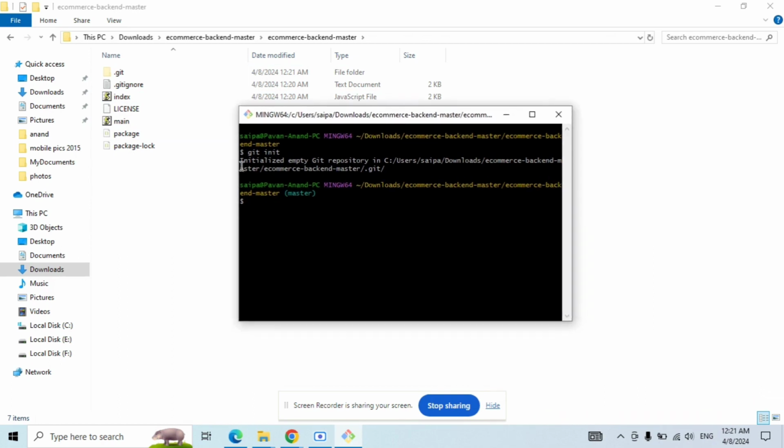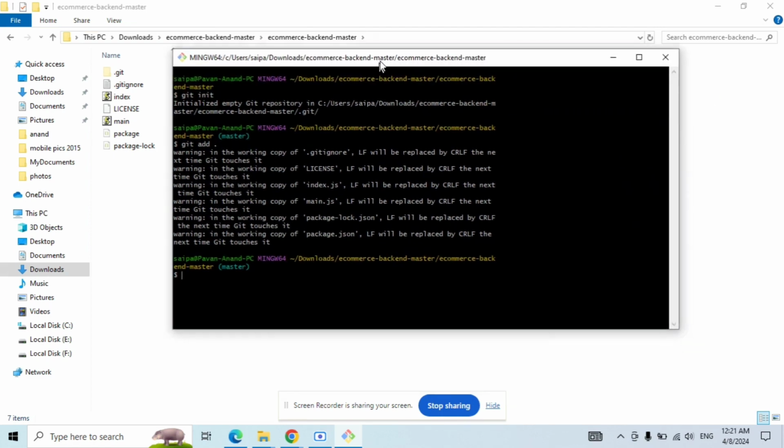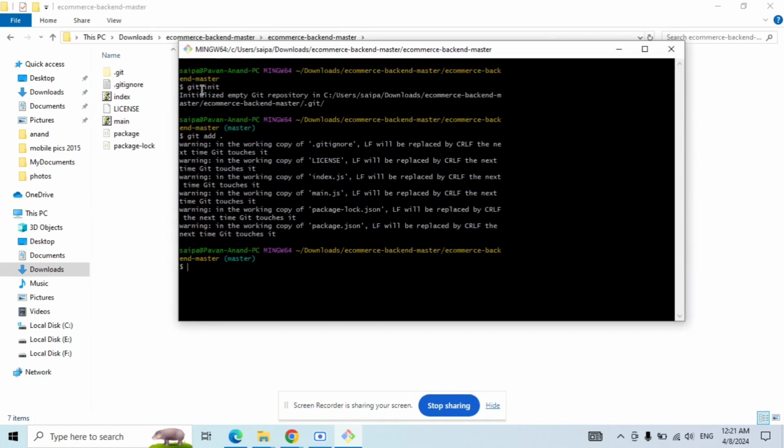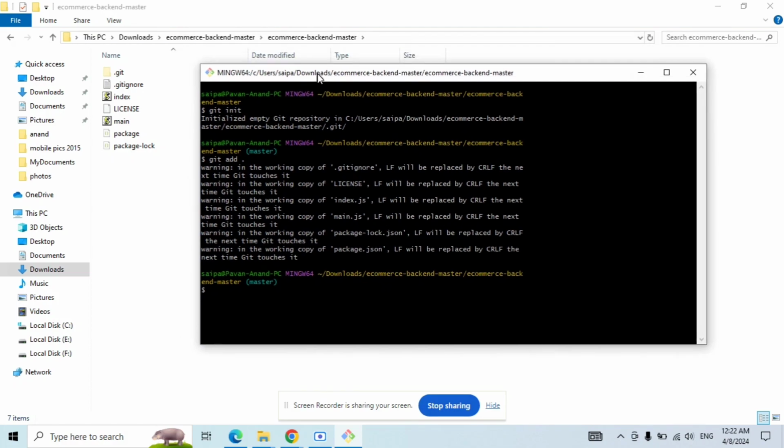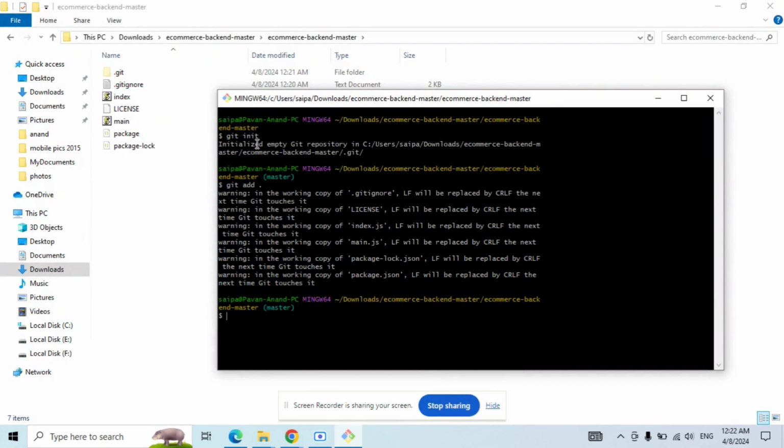So for that, first step, click on git init. Next you have to add, git space add space dot. I hope you have these steps already. In the workshop session I had given you this material, so I will follow the same steps. First we will do git init, it will initialize the git repository, then you can do git add. But before that we have to add the origin. Okay, to which remote repository we have to push this code, we have to upload this code,